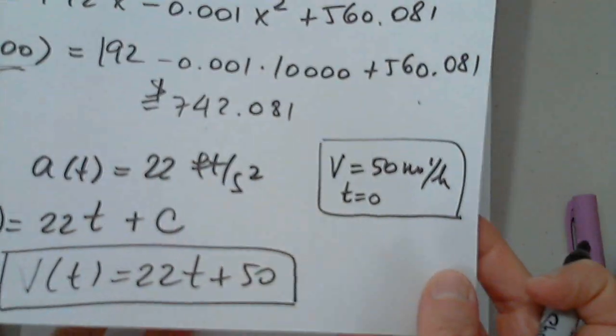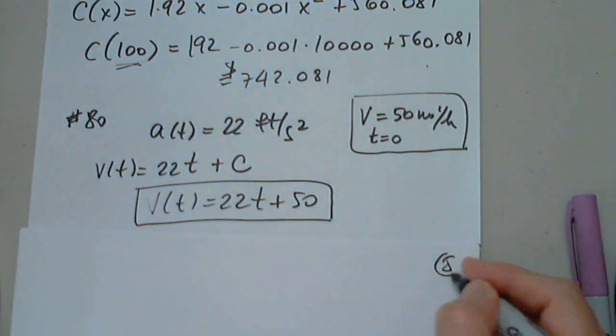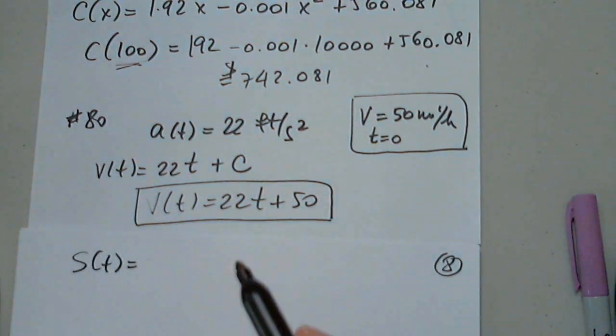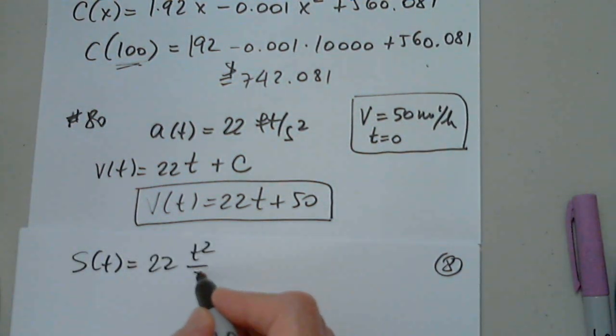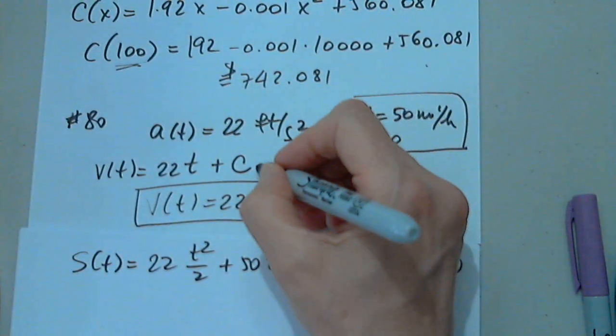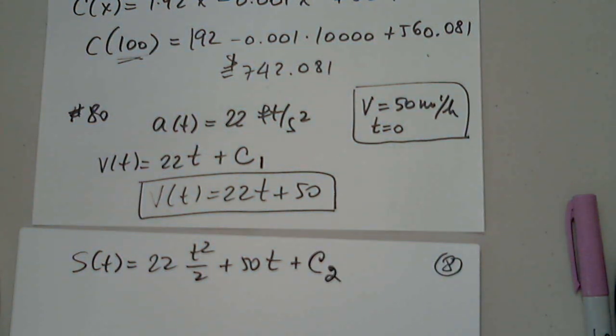Now they are asking us to find the distance function. So s of t will be 22t squared over 2 plus 50t. I used c, or you can, let me do one time in this way. It's up to you. Okay, so now they're asking us to find, going back to the problem,